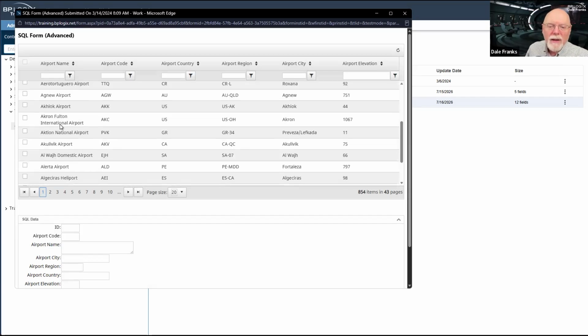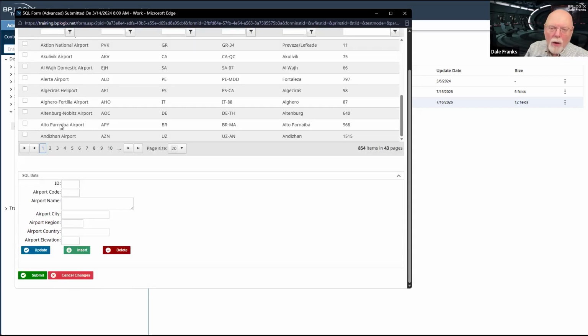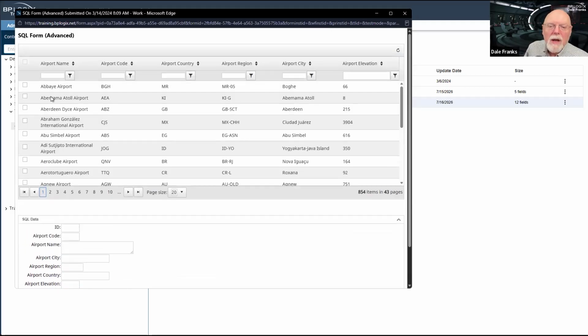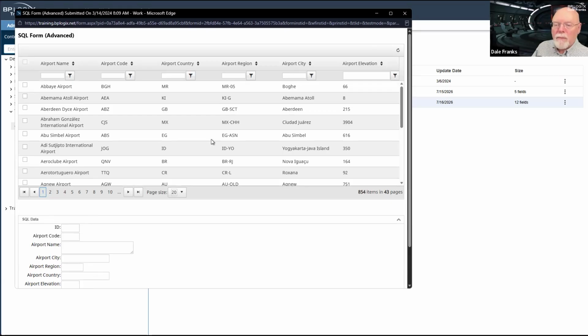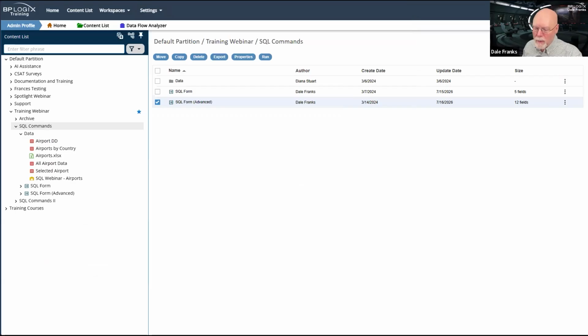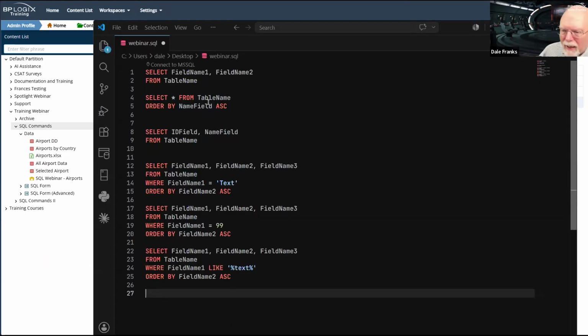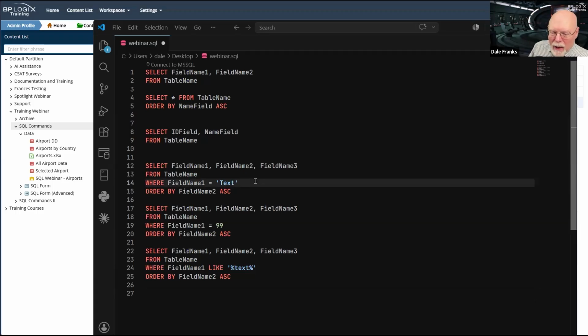Now, when I look at this, I instinctively know, oh, that is sorted in alphabetical order. Knowing that this is sorted in alphabetical order informs the decisions that I'm going to make as I look through this data list to look for other data. So this is probably the premier way that I would want to show all of that airport data to my end users to make their life a little bit easier. So that's important. Keep that in mind. The next thing we need to talk about is, how do I find specific data?